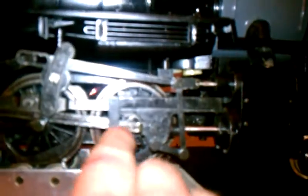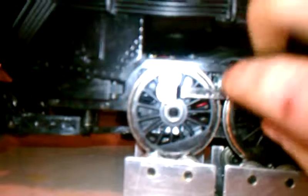So here we can see the whole linkage mechanism. This is where this valve directs the steam to either this side of the cylinder or that side of the cylinder. There's timing that can be adjusted with this nut. You can thread this in or out. That's the timing. So if it needs to push, if these wheels are, well, I can't really turn it too well right now, but